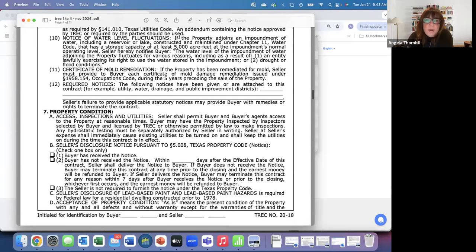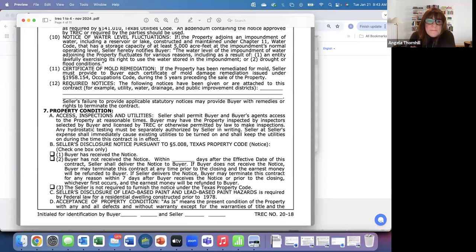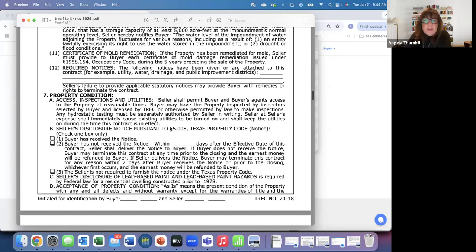This number 11 is brand new, the mold remediation. So if it has been remediated for mold, then you've got to provide a certificate of mold remediation. There has always been a disclosure in the Texas Association of Realtors disclosure form, so if you've checked that, then this will go hand in hand with that. And if you're giving any other notices, like we mentioned, list them out here. Like if you're giving the MUD or the PID or something, do that. Okay,